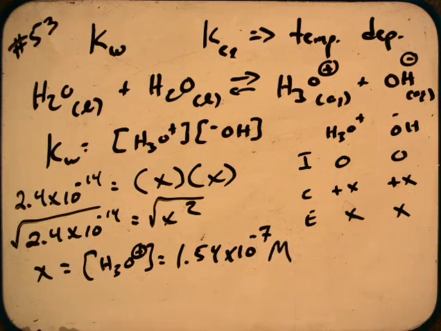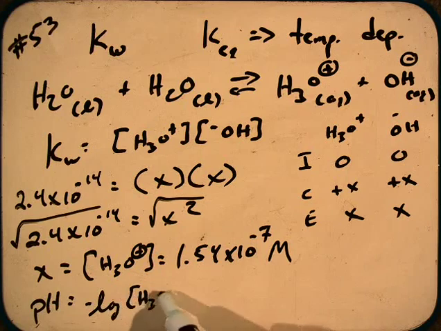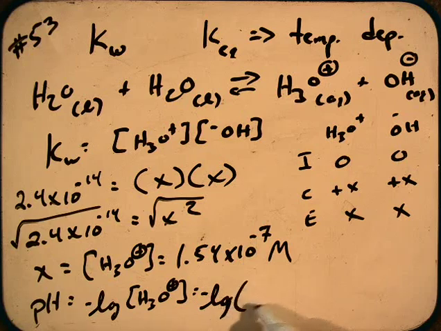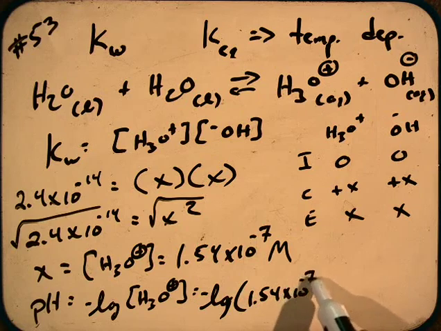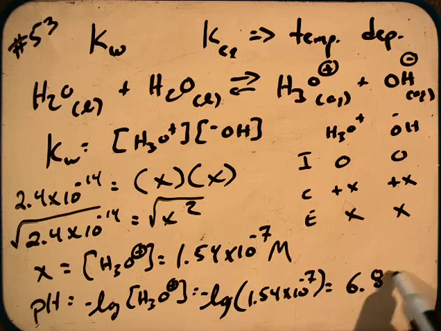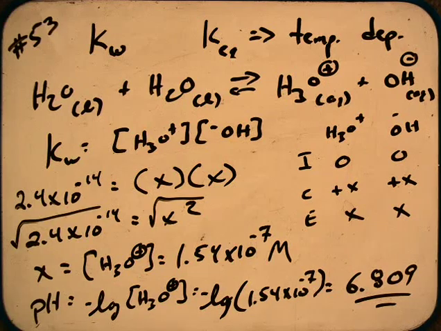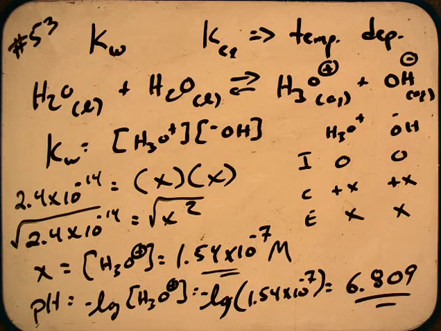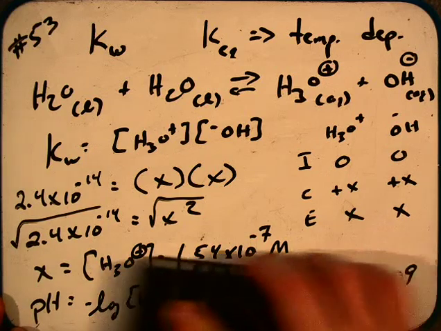And now we can solve for the pH. pH is equal to the negative logarithm of the hydronium ion concentration, and when we do that math, we get a value of 6.809. So we have a H3O plus concentration equal to 1.54 times 10 to the negative 7th, and we have a pH equal to 6.809. That answers number 53, but I'd like to talk about it just a little bit further